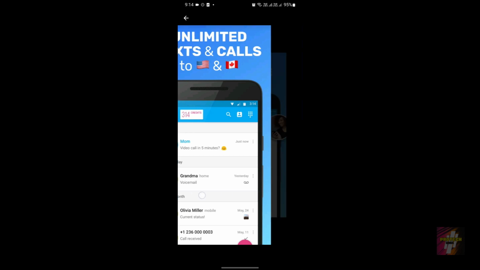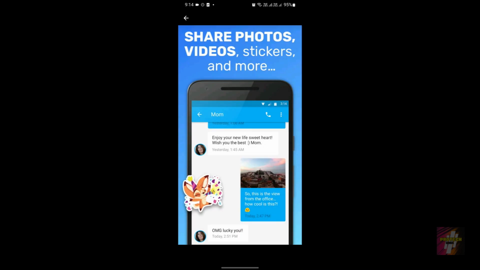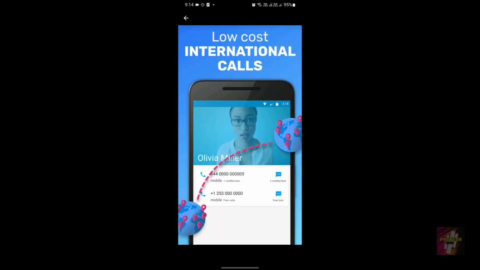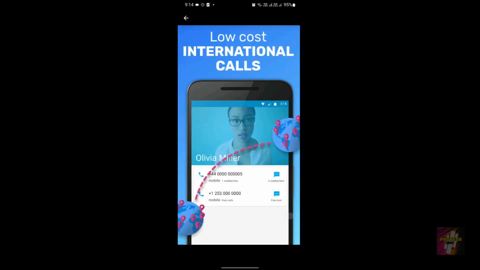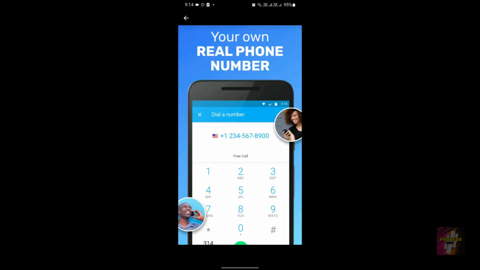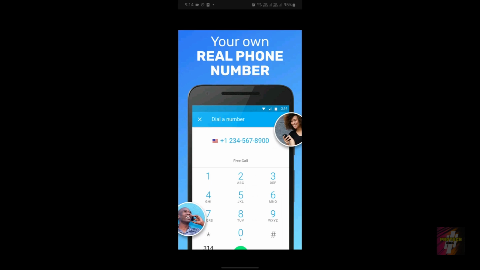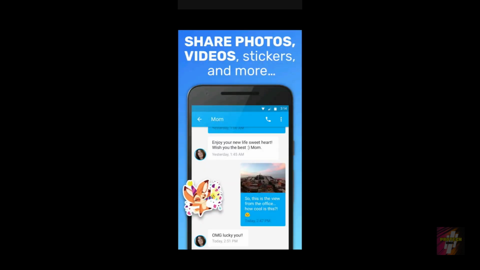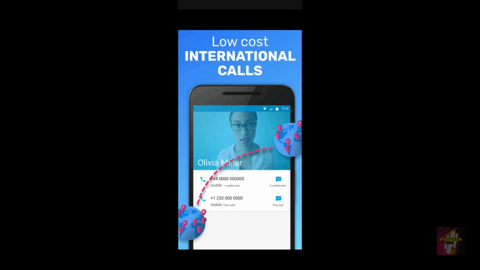These are the features, and this is the user interface. Well, this application also has a very good user interface. It has very good features, but once again, this application is the same as the ringtone application. Well, it's actually cheaper than the ringtone application, and even though the call quality is better than Text Plus application, and they guarantee you social media accounts creation with their phone numbers, still this application is a paid